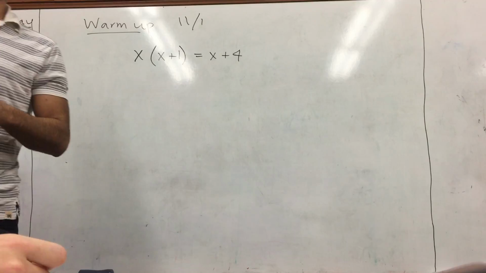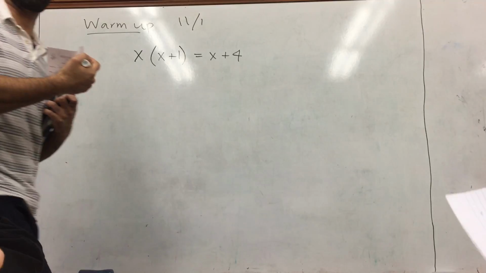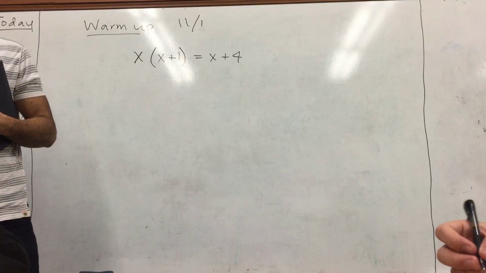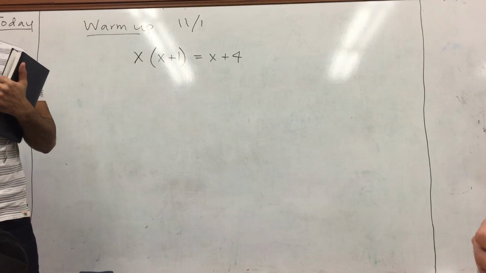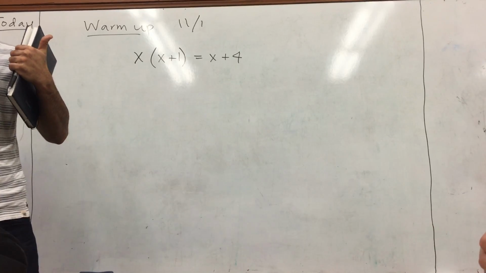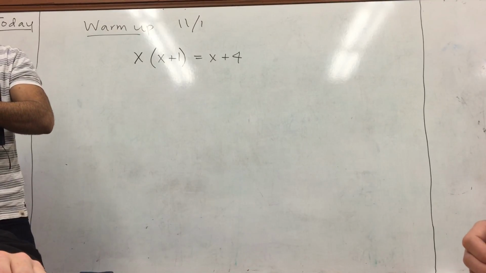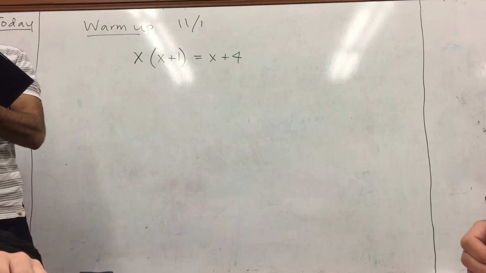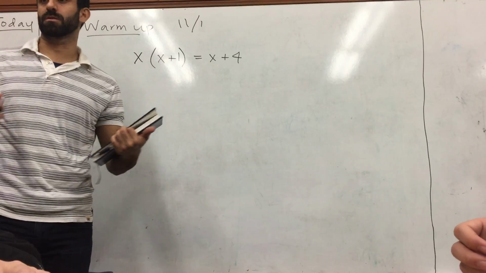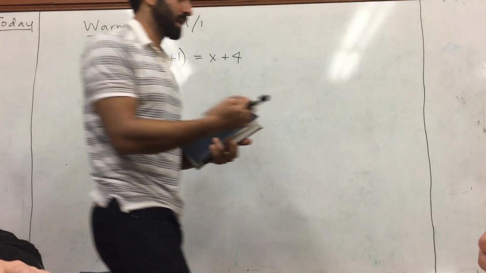Okay, so we've been working on fractions, distributing fractions, you guys. The warm up is a blast from the past. All the stuff we did the first 3 weeks of school is not stuff for you guys to forget about. What did we do the first 3 weeks of school? Radicals, exponents. All right. After this week, we're going to be putting everything together. Distributive property, combining like terms, distributing fractions, and then we're going to throw in exponents as well. So distributing powers of x, and then I might throw some radicals in there as well.